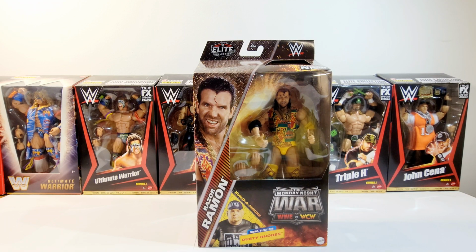I love that vibrant look, and like I've said many a times, there are some guys that are just absolutely perfect and toyetic in so many ways. Razor Ramon, without a shadow of a doubt, one of those names. And of course, you know, we have Scott Hall. We've got some really great Scott Hall figures over the times, especially with those Ultimates that just came out. But